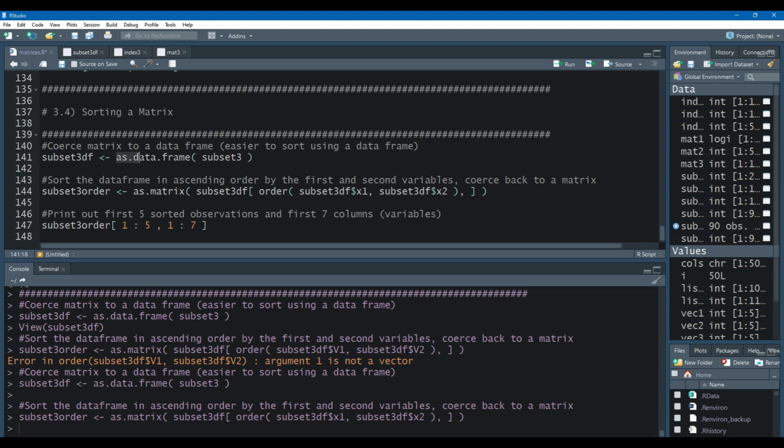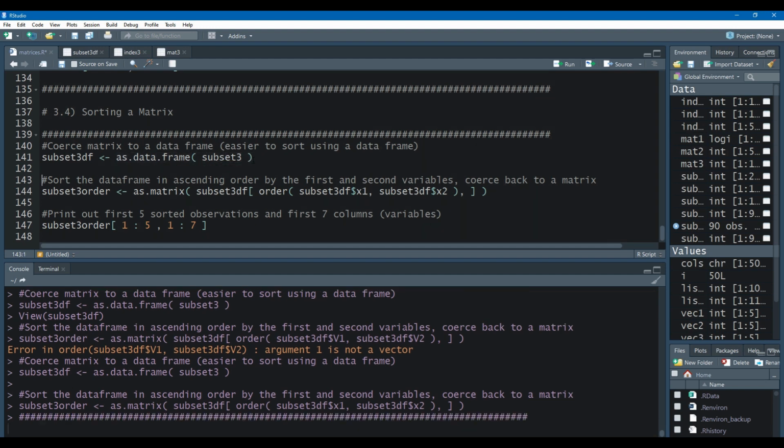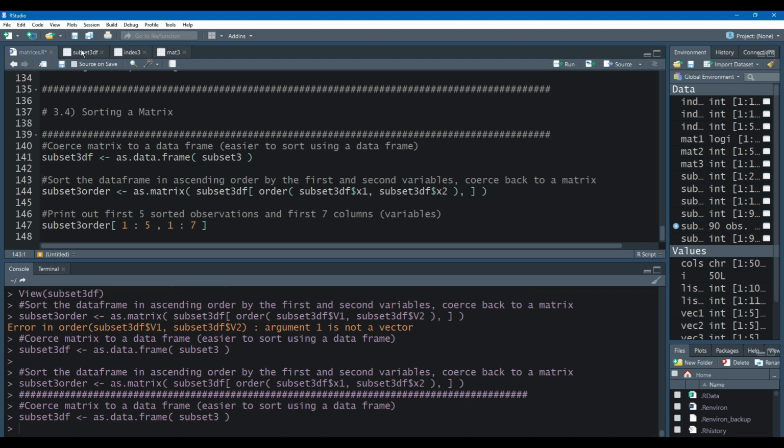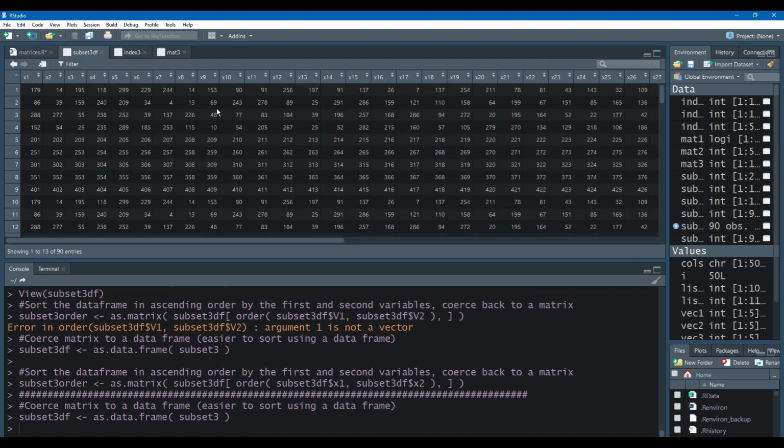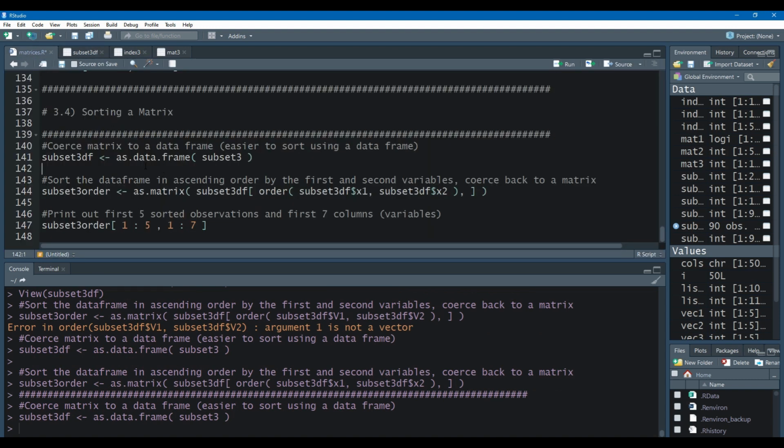So the way we coerce any object to a data frame is using as.data.frame, and we specify our matrix. We run that. Subset 3 df. This is our data frame. Now we're going to sort the data frame in ascending order by the first followed by the second variable. We're going to coerce it back to a matrix so we have it in its original form. So here I have as.matrix. This is how you coerce something into a matrix. And we use an order statement here